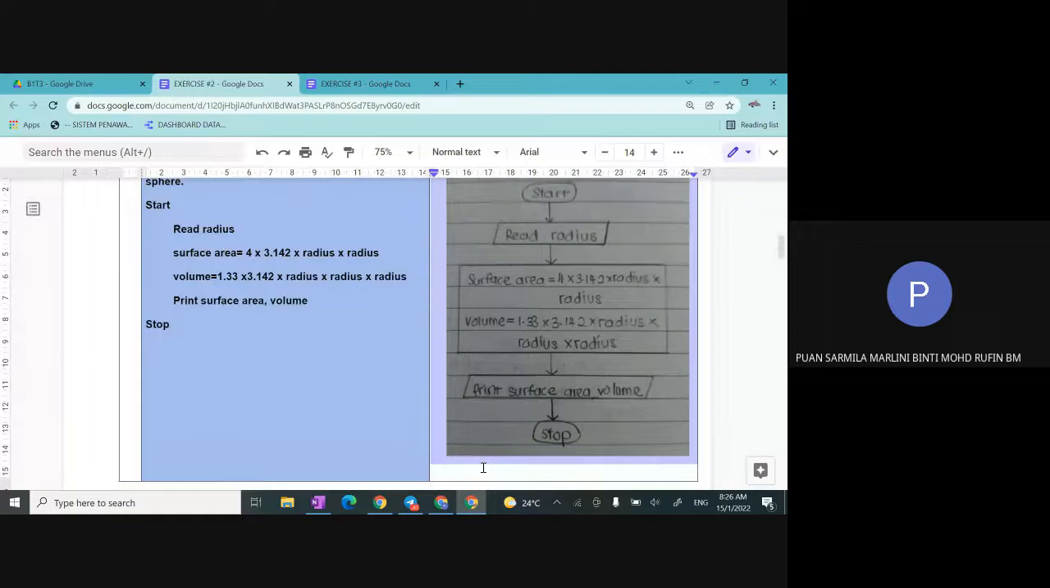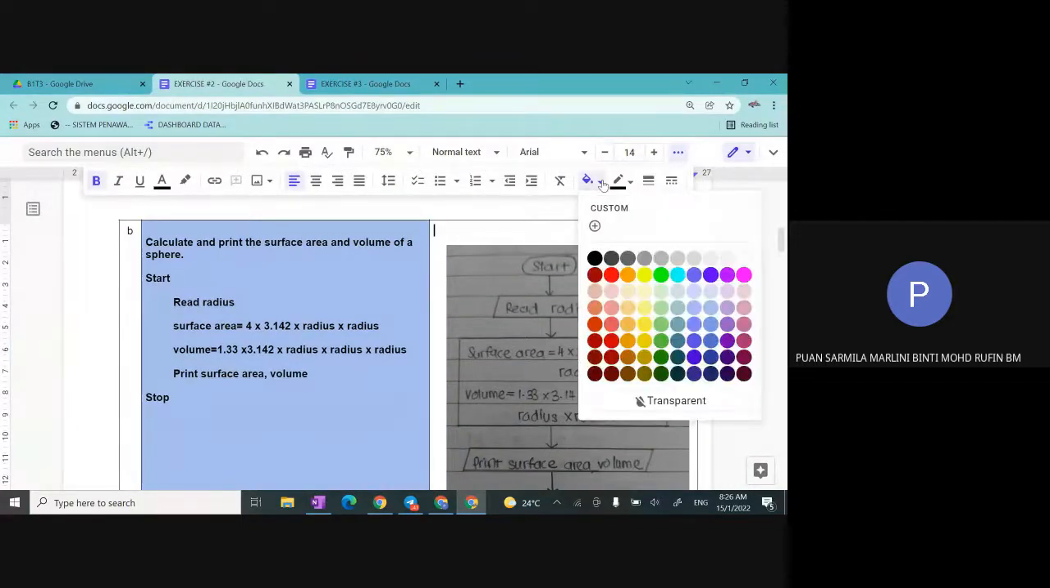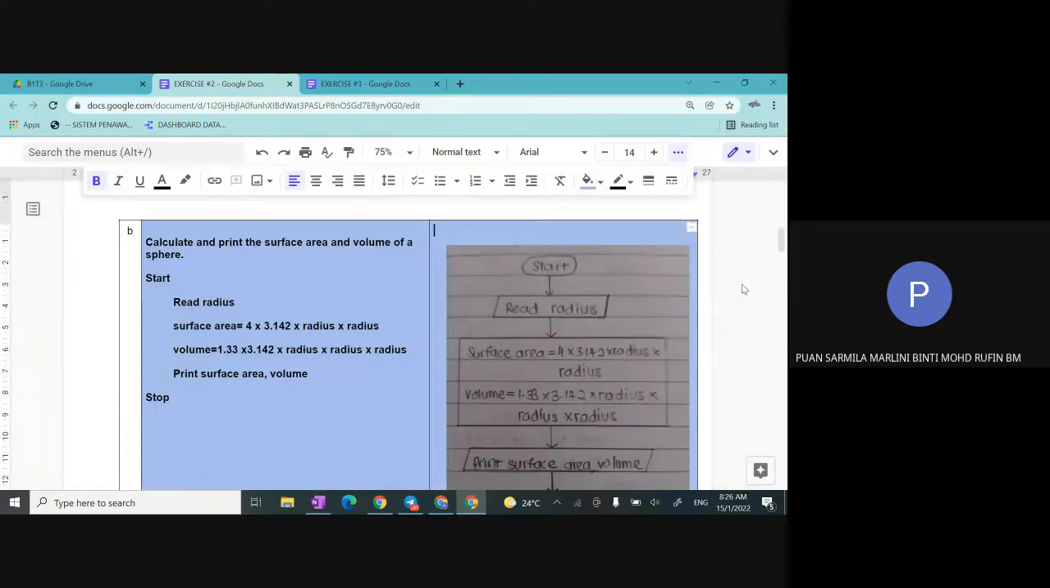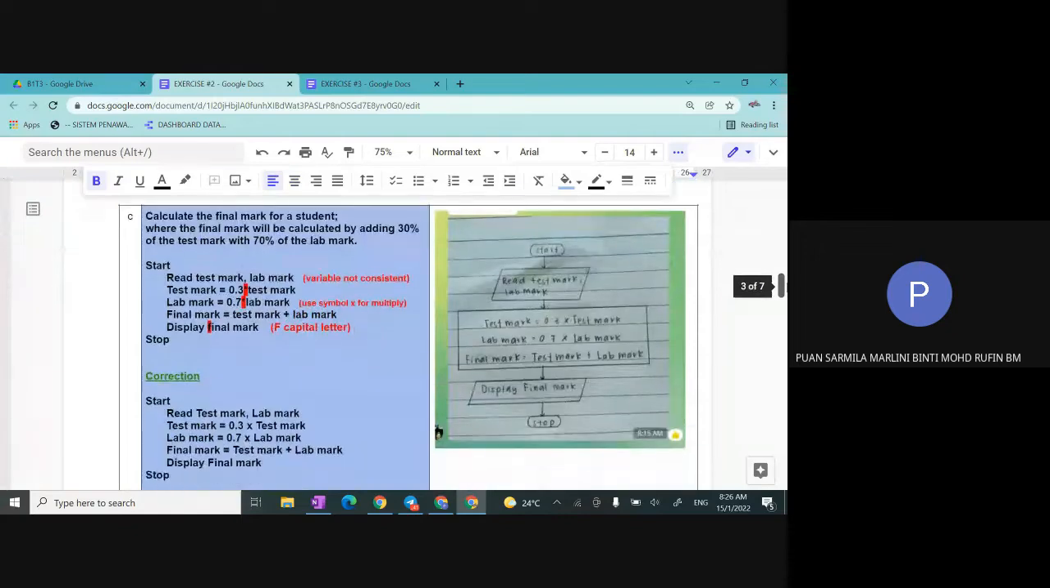Variable consistent. Then we go to next question. Okay, very good, very clear. Okay, question C. Start, terminal shape, start and stop. Input, read test mark, leg mark in parallelogram for input. Formula in rectangle shape and output in parallelogram shape. Okay, but it have